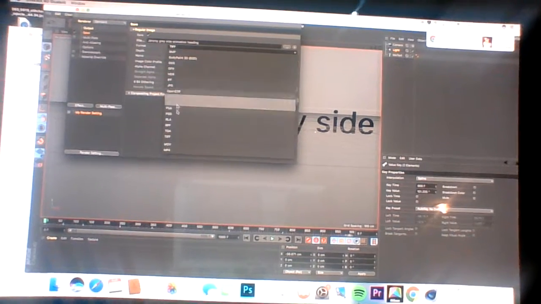So now the output, I'll save it as Jeremy Gray side animation heading. And then, after that just press save again, go back into the formatting, make sure it's MP4 please, not the TIFF,